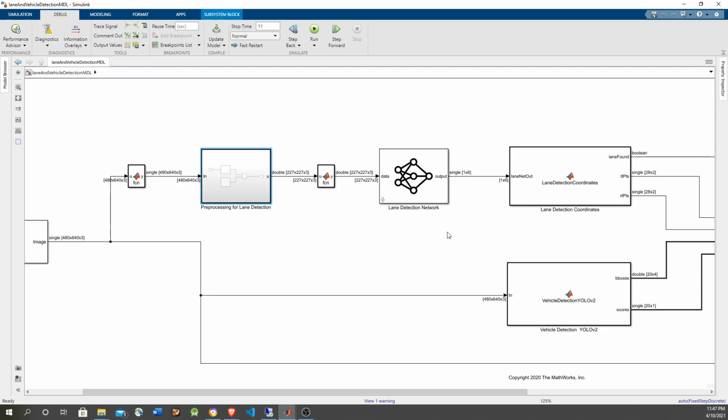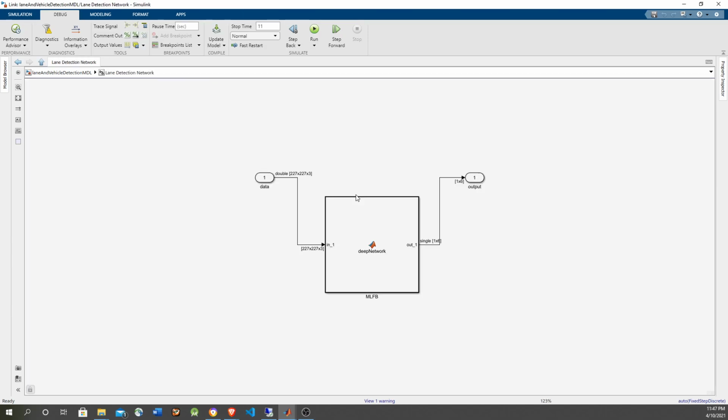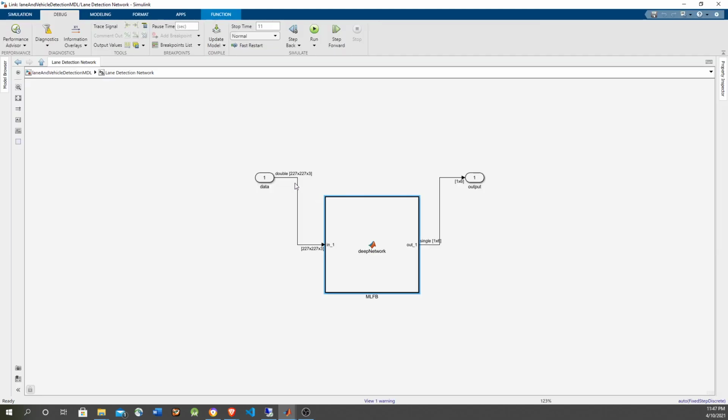Okay, so we're gonna put a breakpoint here. We cannot put a breakpoint. Actually, we could put a breakpoint if we press Control U and go inside the neural network. Just gonna put a breakpoint there, although it's basically gonna use a precompiled library in order to run the neural